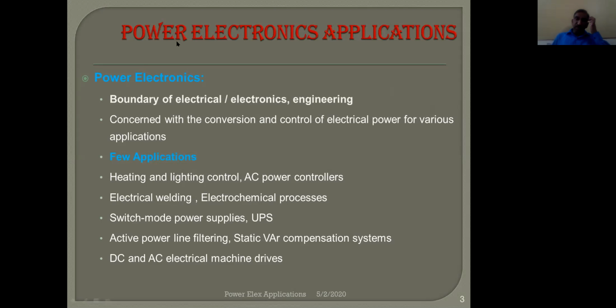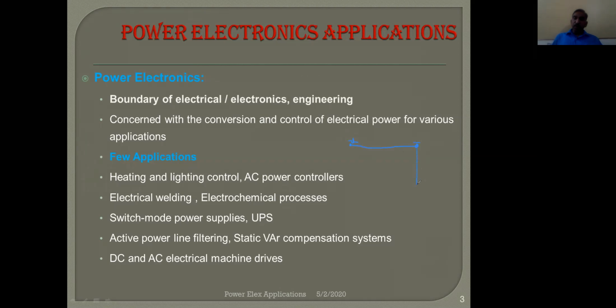Means if I just want to put some dots, like I do have AC power, I want to convert it to DC. That is rectification if my load is DC. Okay. This rectification may be controlled or uncontrolled. So this is AC to DC conversion. Let us say this is AC, this is DC.